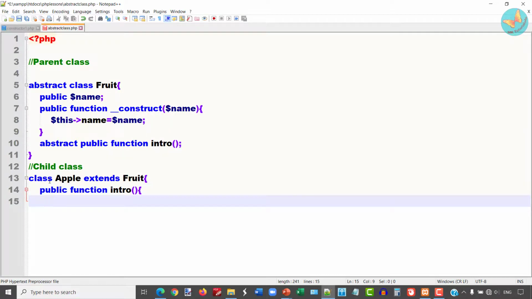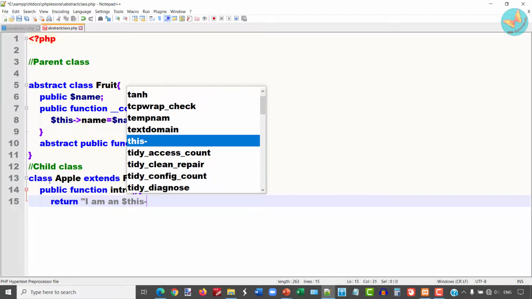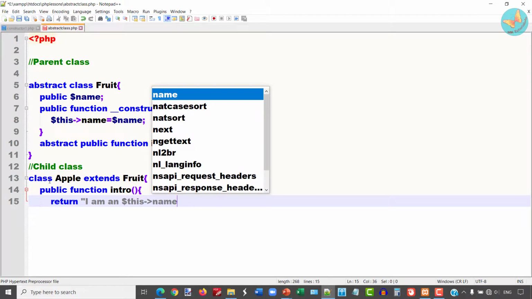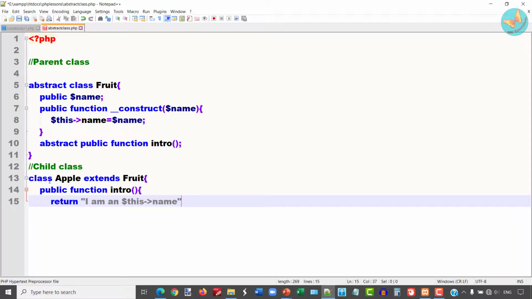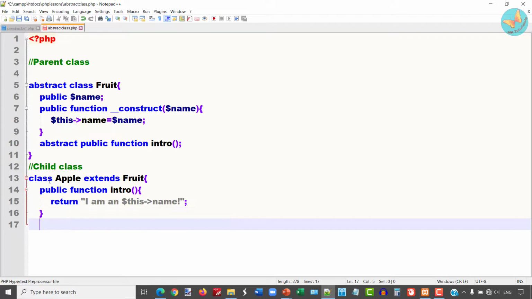Here I'll just write a simple statement: return I am an $this->name. It basically just returns the name of whatever parameter you pass. I will close this method, close this class.